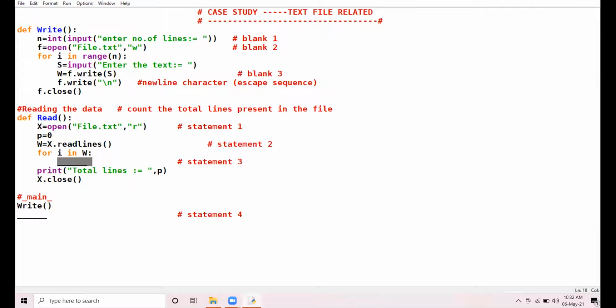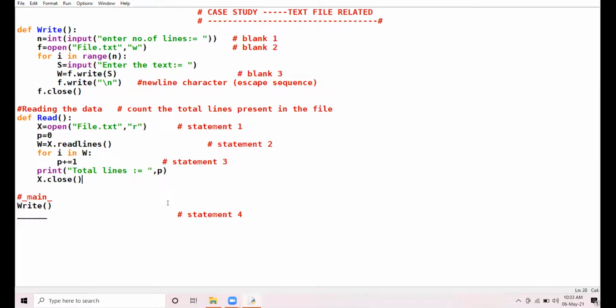Yes, Vaibhav, unmute yourself and give the answer. Good morning, sir. Very good morning. P plus equal to 1. Yes, very right. P plus equal to 1. Good. P is initially 0. When one complete line will be read, P will get incremented by 1.